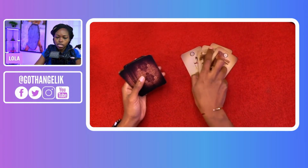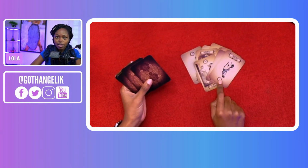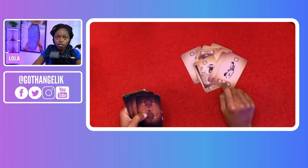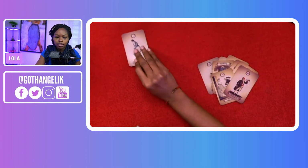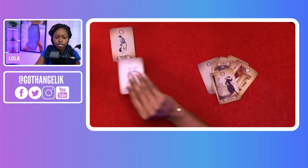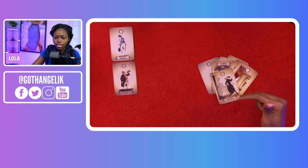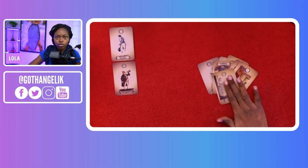The next 3, no Mastercard. Next 3, I have a Mastercard. So when the top card of the 3 is a Mastercard, you take it, then you take the next card after it. If the next card is another Mastercard, you keep taking cards until the next one on the pile